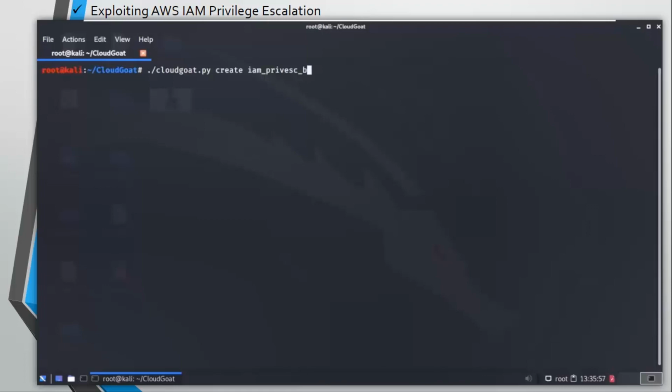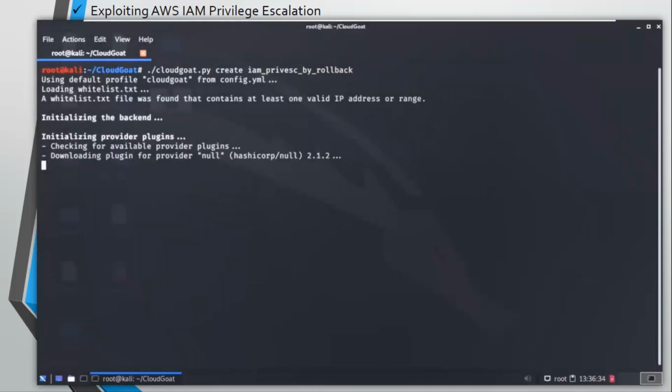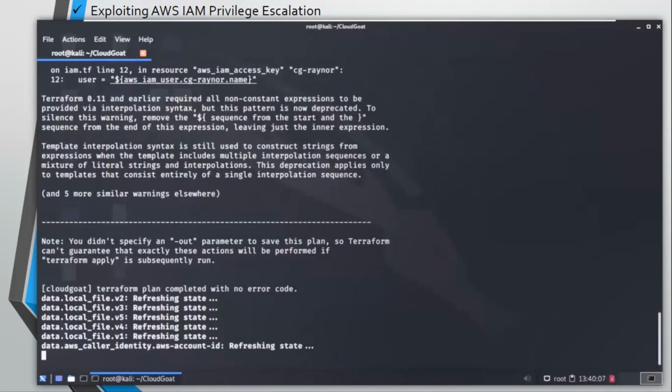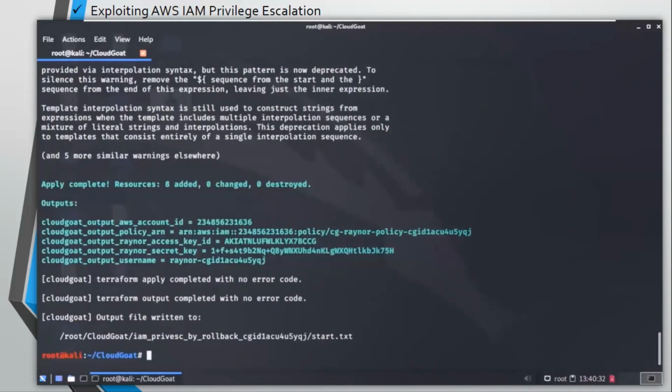This environment is going to be on Amazon Web Services, as you know, that's the topic of this series. So once you commit this command, cloudgoat.py create rollback, and press enter. This is going to take some amount of time depending on your internet speed and the amount of resources that each scenario requires.